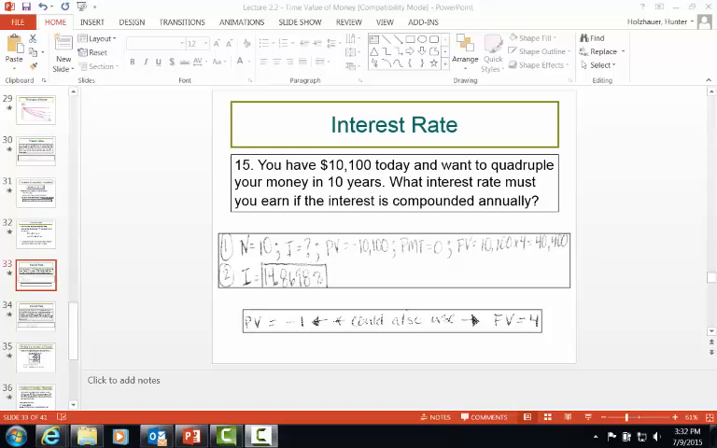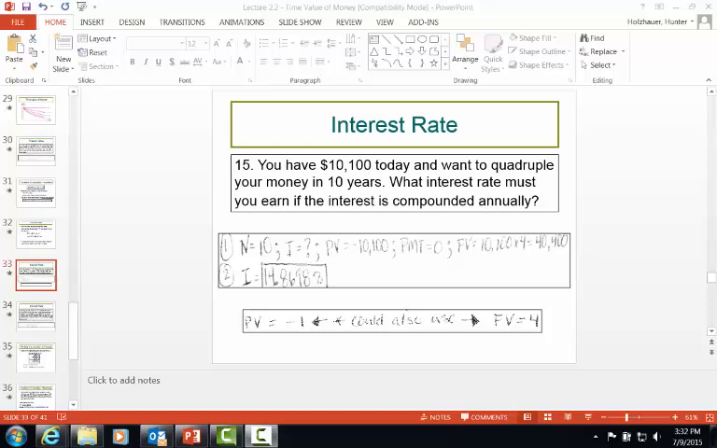Now, you know that it's 10 years, so N would be 10. You're solving for I. Your present value is negative $10,100. Your payment is zero. So what would future value have to be? Well, just quadruple it, right? So that would obviously be $40,400. You solve for I, and you get